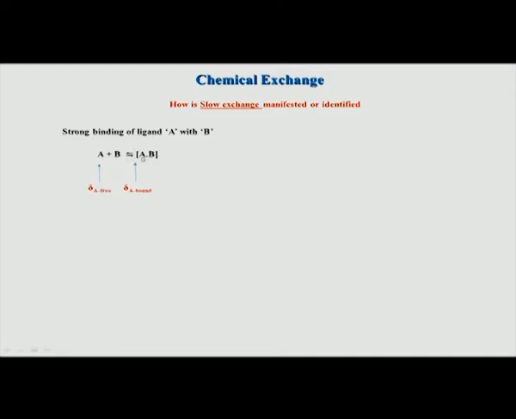So, there is an equilibrium between the two, that means there is a monomer to complex dynamic exchange going on, and let us say that the chemical shift of A in the free form, that is the free ligand, let us call it delta A free, and when it is bound to the protein, let us call the chemical shift of again A, we are looking at A, delta A bound. So, now let us see how the exchange will happen, if it is fast or slow, what kind of spectrum we should expect to get.